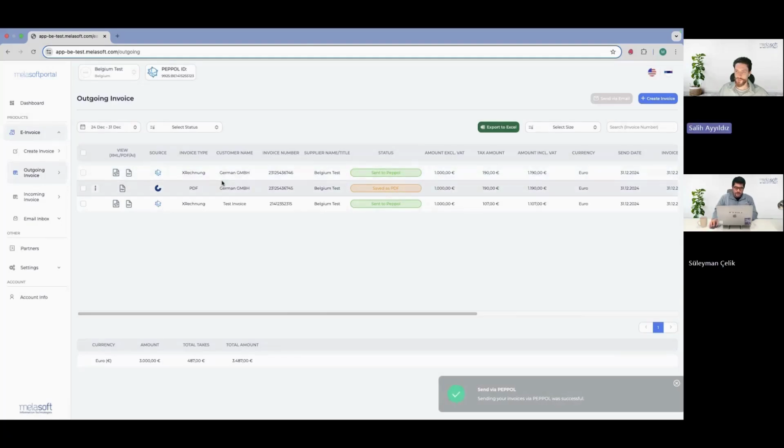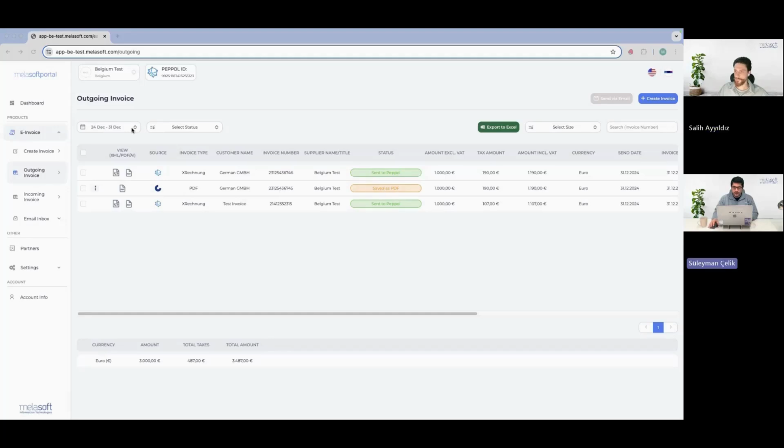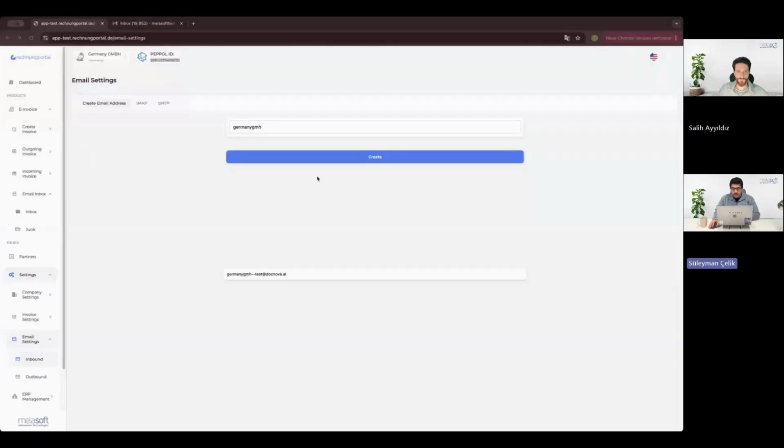In your incoming invoice, you can take it. Okay, now I'm sharing my screen and I will receive the invoice, and I'm expecting to see invoices in my cockpit, even the emails. And yeah, let me share my screen now, Sally. As a receiver, it's now my turn. And here